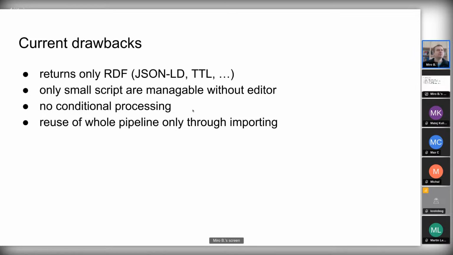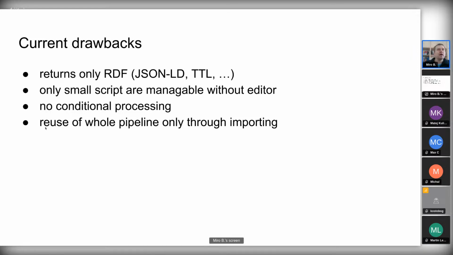So conditional processing is useful, for example, when you have this repository and you need to do, for example, migration of data, and you want to say, if this is the state of the repository, this is the state of the triple store, let's say, then execute the script. This is not possible to do very easily,